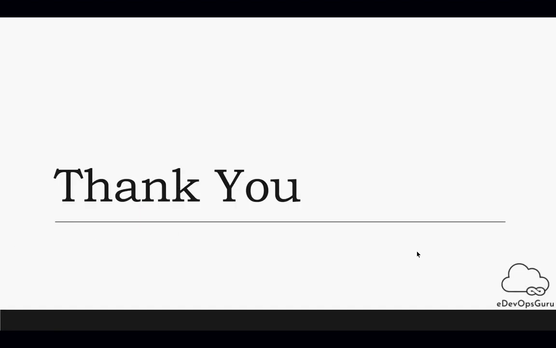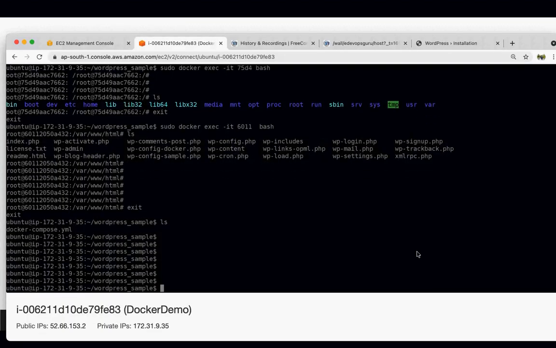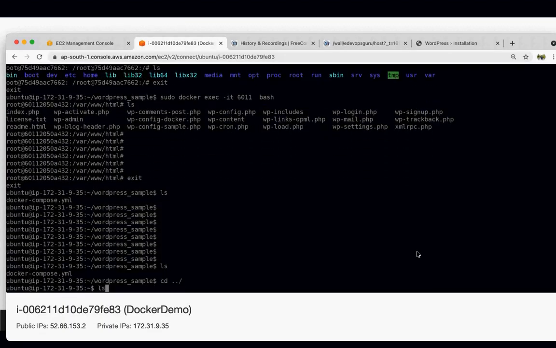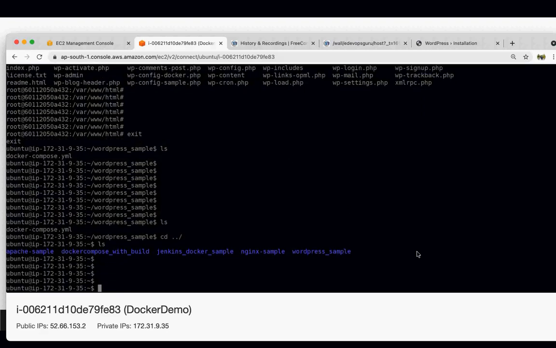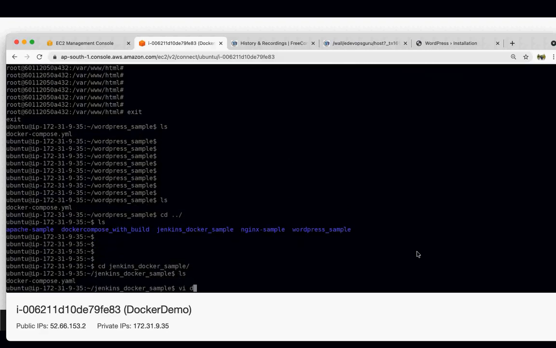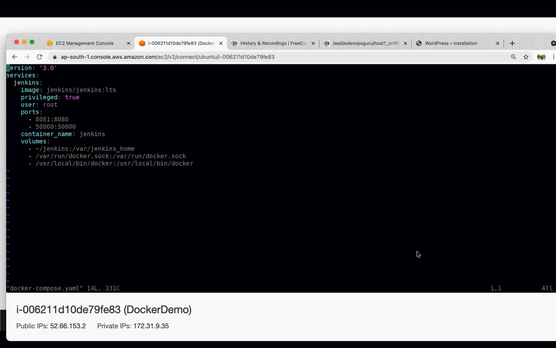Meanwhile, let me show you some more examples. I have one Jenkins Docker Compose file also. Here we are running just one service, not multiple services, but I want to show you the volumes part here.